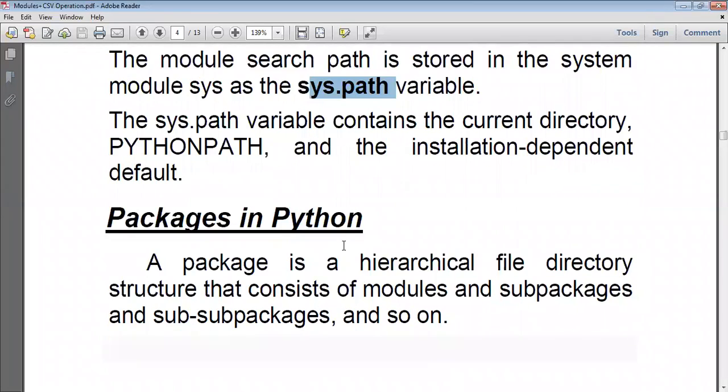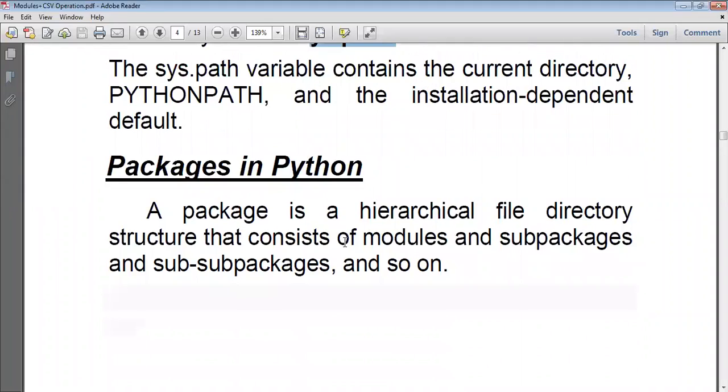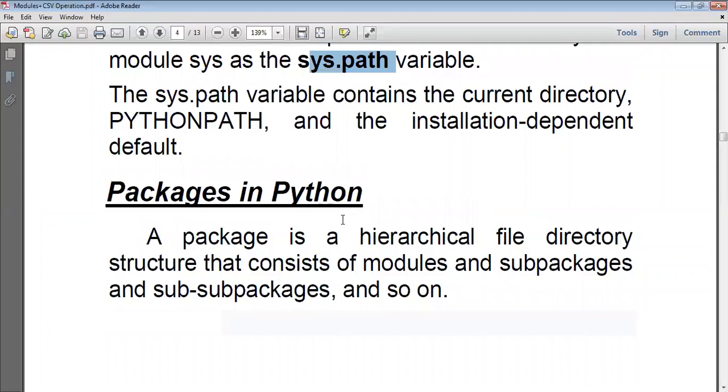So that's all about modules. Next one is packages. Packages are nothing but a collection of modules. We have already seen a module is a collection of functions or variables which are related to each other. So a package is a collection of related modules. A package can consist of many modules, and it can also consist of other packages.